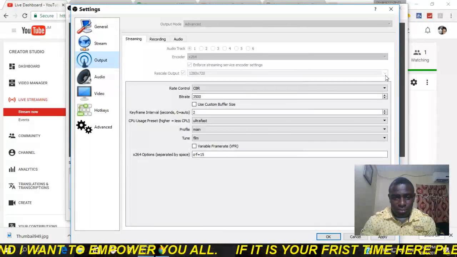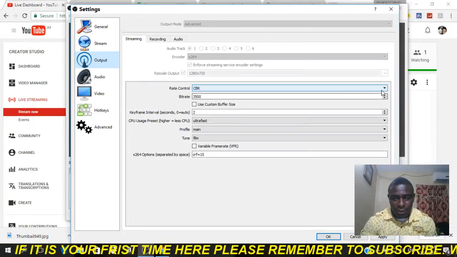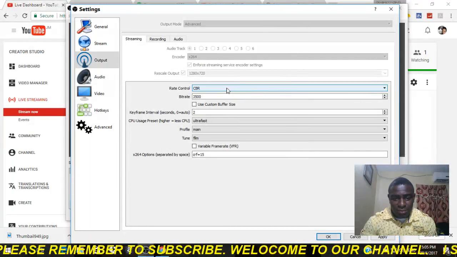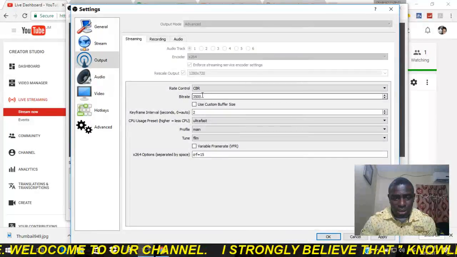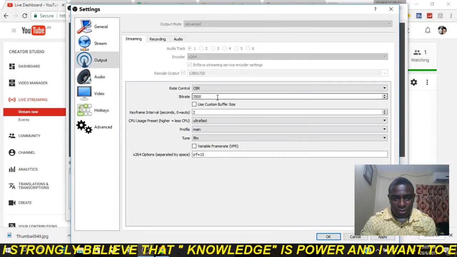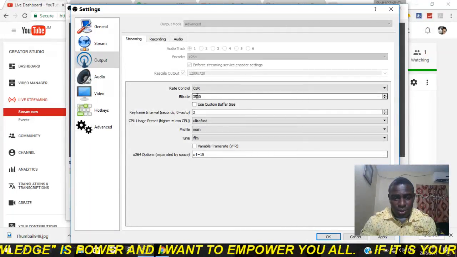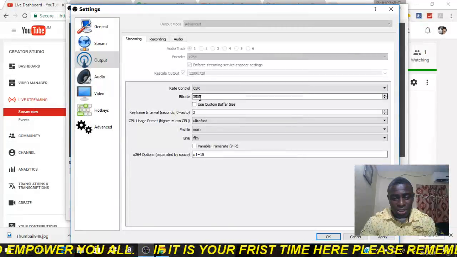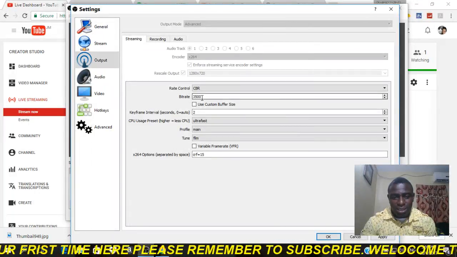Now, the rate control, you should ensure that it is set as CBR and no other rate control. Now, the bitrate depends on the speed of the internet that you're using, your download and your upload speed. For me, I have a pretty decent speed, so that's why I put mine at 3500. But if you're not sure of your upload and download speed, you can check that on the internet